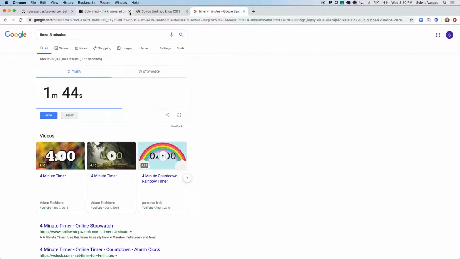So basically it'll layer on top of each other. Anything below that increases the